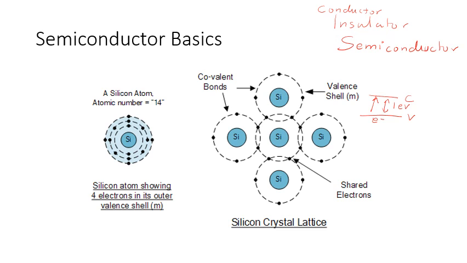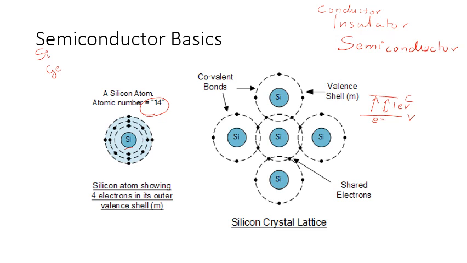Now, if you remember, the one thing that I asked you all to know in the periodic table were elements that belong to group 4. Amongst those elements, the two elements that I asked you to specifically remember were silicon and germanium. What you're seeing on this slide is a silicon atom. Now, if you look at this atom and you remember very little of chemistry, you can see that you have 2 electrons in the first orbit, 8 electrons in the next orbit, and the last 4 electrons in the third orbit. That is, the atomic number of silicon is 14, so it is 2 plus 8 plus 4.